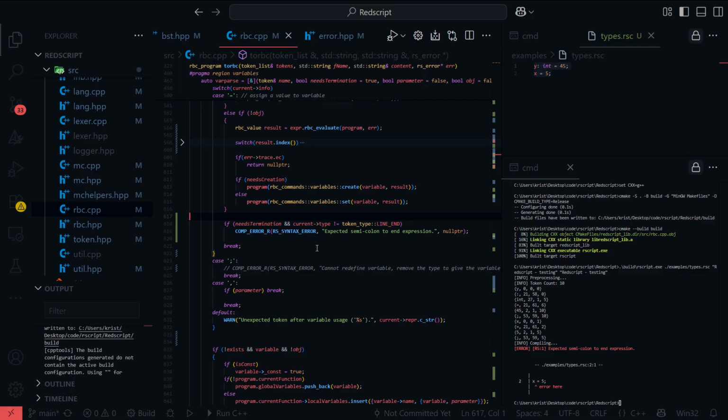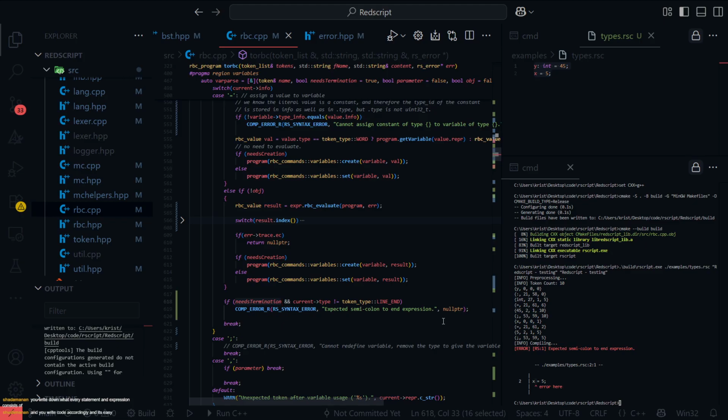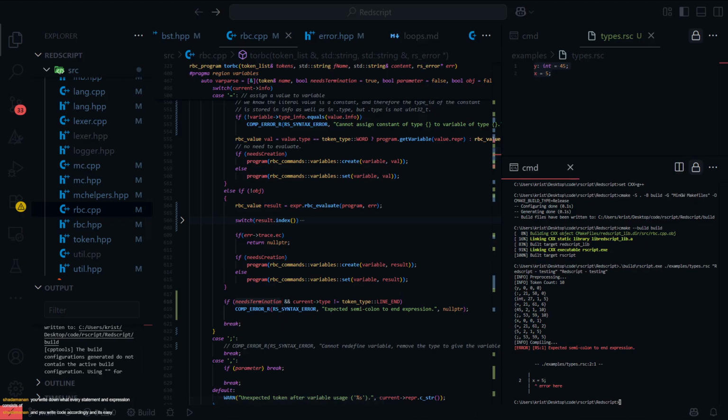But the problem is there's so many different possibilities of what could come after a variable that, you know, here this needs termination is not working because we'd have to, the logic error here is that we advance past and you write code accordingly and it's easy. You write down what every statement and expression consists of.